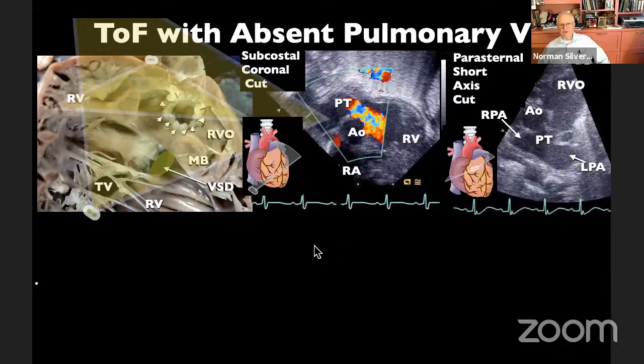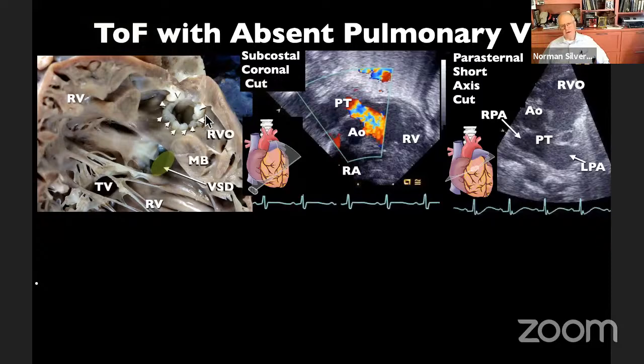Now here is an absolutely exquisite example of an absent pulmonary valve from Diane Spicer's archives. You have parasternal short axis and a subcostal coronal plane. We'll take the leaflets off and we'll look at the formation or the absence of complete formation of this annular ring of valvar tissue that exists within the right ventricular outflow tract. Here is the outlet septum, the moderator band, and septoparietal trabeculations. And here, distal with good muscular protection, is the interventricular communication over here, very nicely seen, as well as the tricuspid valve.